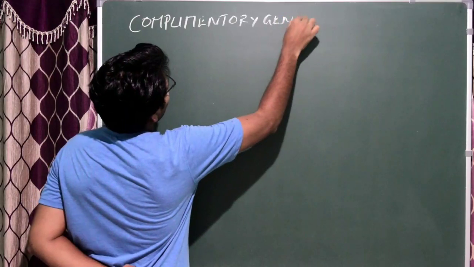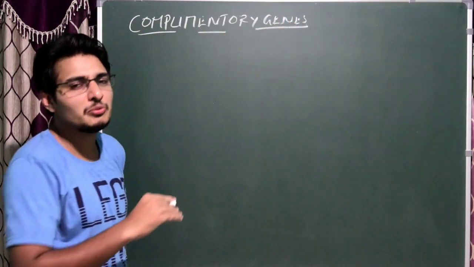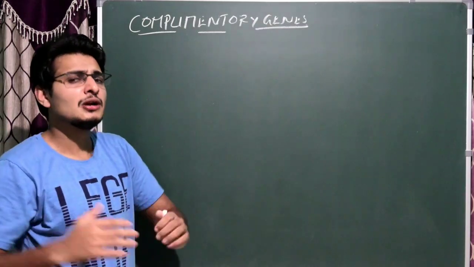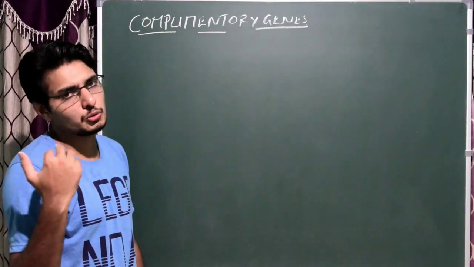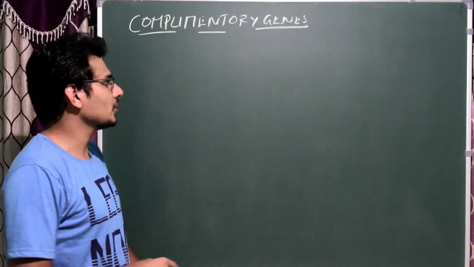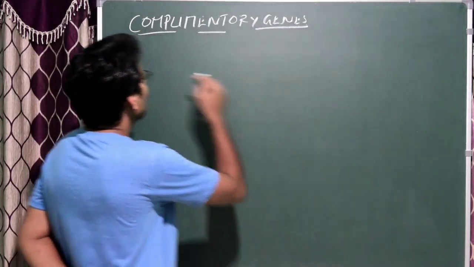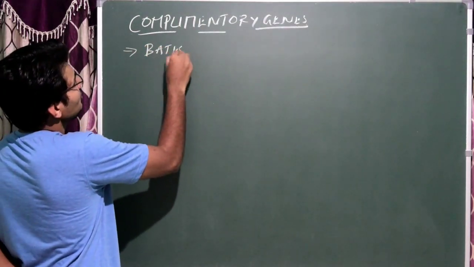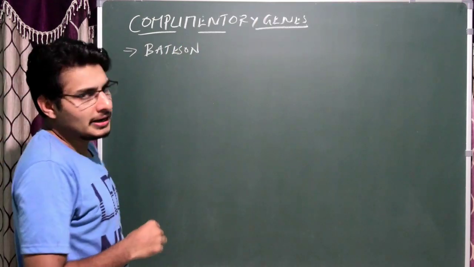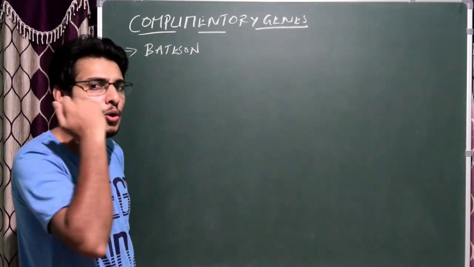genes. It is also a type of intergenic interaction. Intergenic means the interaction is happening between two different types of genes actually present on a different chromosome, or it could be on the same chromosome. Okay, so complementary genes. What we do is first I write the scientist. You know this fellow, the Bateson. He actually coined the term genetics as well as alleles or allelomorphs.